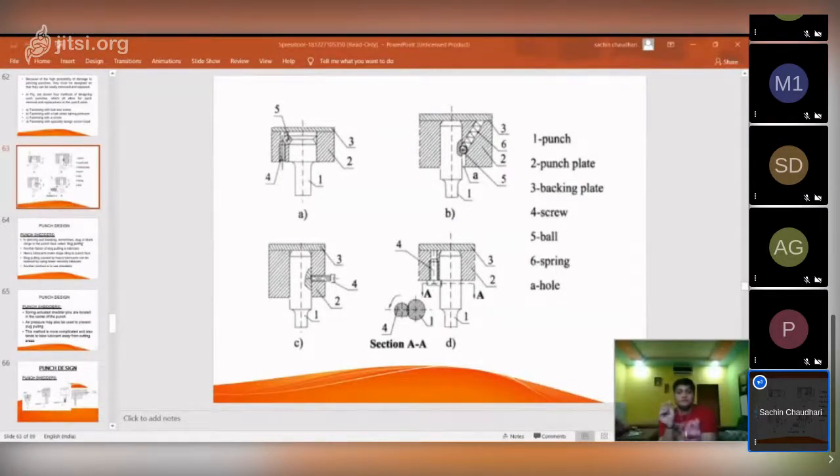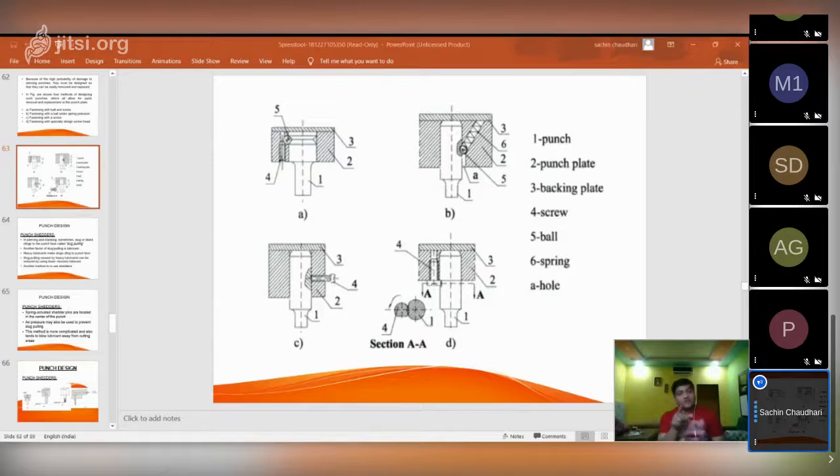Okay, so these four arrangements are used to fasten your punch with the punch holder, and you can easily remove the punch in case of damage. Another advantage of this kind of design or fastening is, sometimes due to high impact loading or some vibration, your punch will start rotating itself in the punch area, guys. म्हणजे प्ले तयार होतो किंवा तो प्ले तयार केल्यामुळे तो तिथल्या तिथे रोटेट होऊ शकतो.